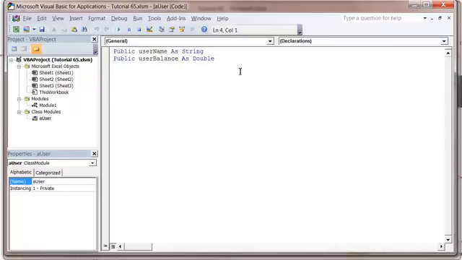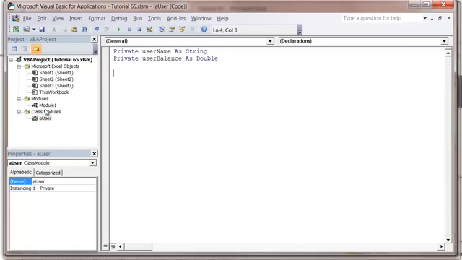And this tutorial is going to continue going into class modules and show you how you can use the property let and get methods. So quite often when you're working with classes, you don't actually want people just to be able to change these variables at a whim from their code. So you can protect them by putting private up here